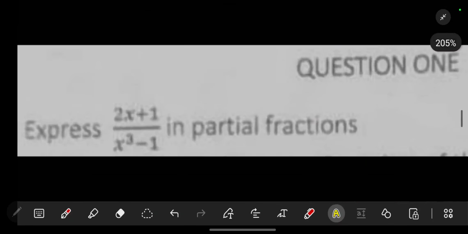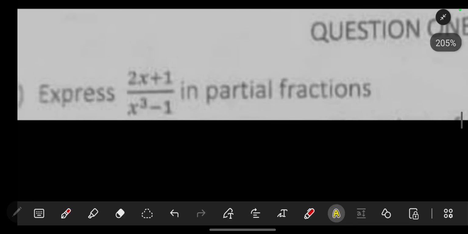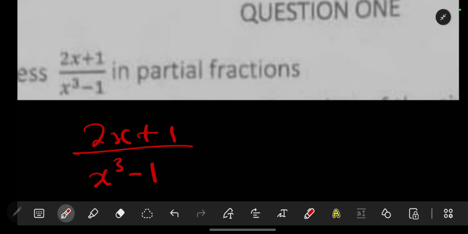The first question is a partial fraction question. So it says that we have 2x plus 1. If we have such type of equation, 2x plus 1 over x to the power 3 minus 1, how are we going to solve this one? It's very, very easy. So what we are going to do is that we are going to